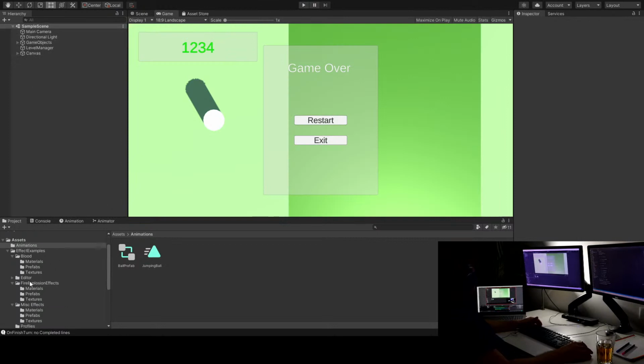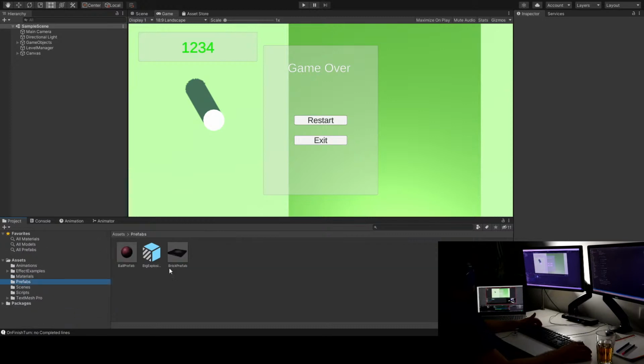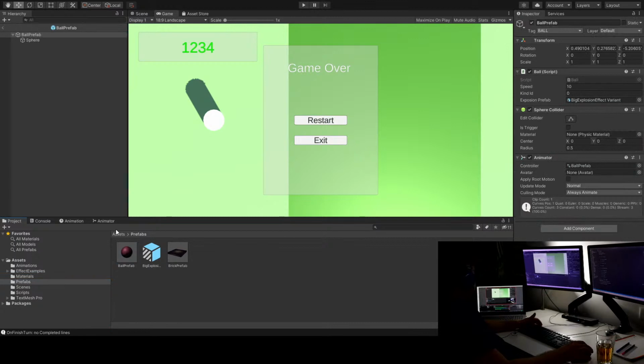I have a ball prefab here, and the idea is to record the jumping animation on this ball prefab,